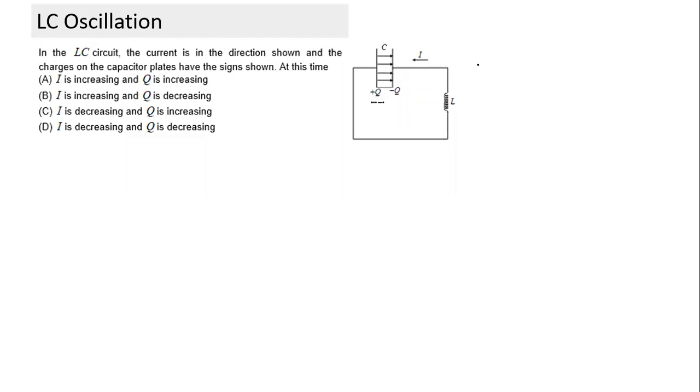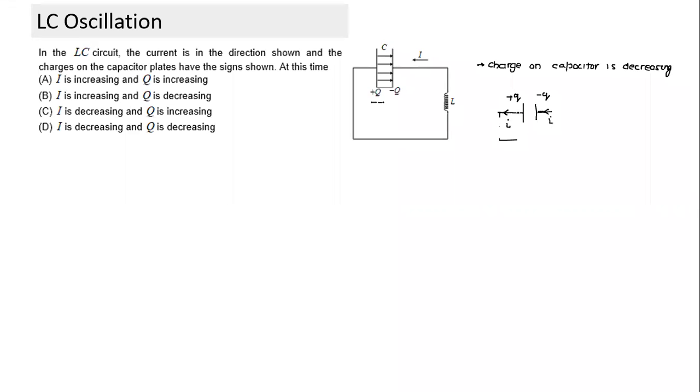In this case, what is happening? The charge on the capacitor is decreasing. A current is flowing from the inductor, which means that the flux is decreasing. Okay, not that way. You don't even have to see that. Suppose the inductor is not given. Suppose I draw a circuit like this. I don't know what is in between. And this is charge plus Q, and this is minus Q. If I draw the current direction like this, what does this direction of current indicate?